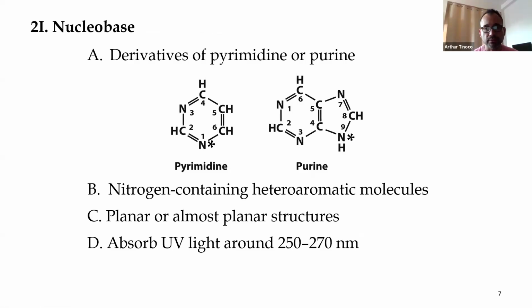They come in the two main forms of pyrimidine and purine. These are nitrogen-containing heteroaromatic molecules. They allow for planarity in the structure, which becomes a big component in how nucleic acids adopt a certain structure. And a very important property of them is that they absorb UV light in the range of 250 to 270